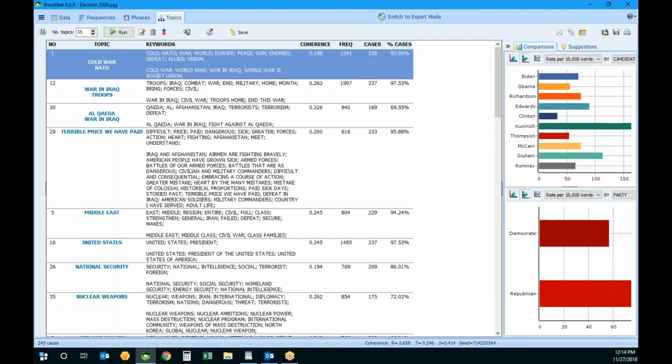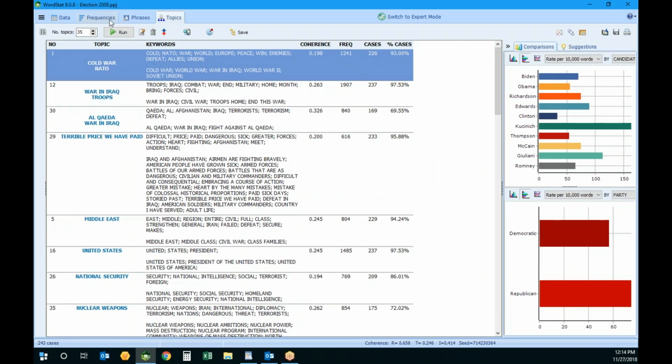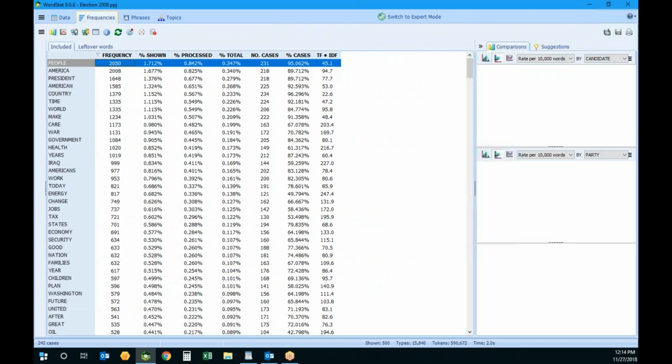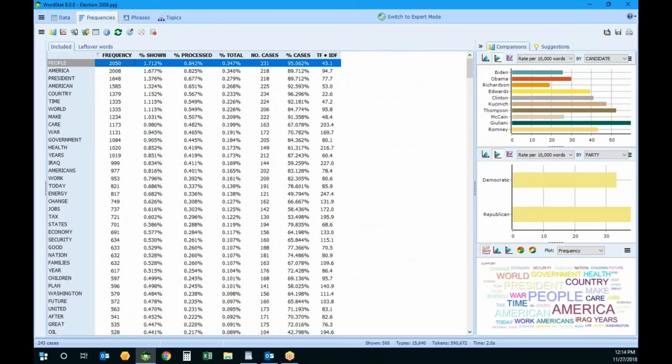And this will allow me to bring you and show you some of the new features. So let's go back. It had 3 tabs. The Explorer mode will show me the most frequent words. It did extract 500 words. And for those who are familiar with WordStat 7, you will see that there's a new panel here. The new panel allows you to compare